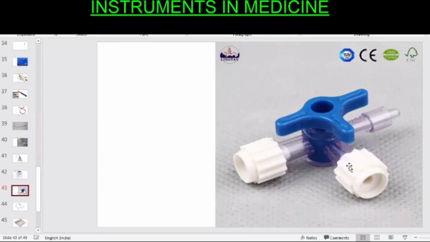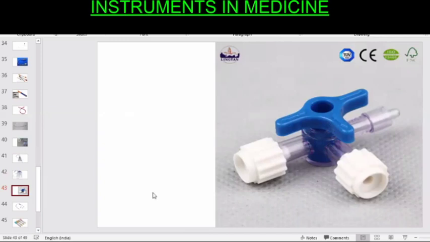So what is the advantage of attaching it? It can be attached to an IV set. Here it is attached to the IV set. Here it is attached to the IV cannula. So this is attached where you can attach to an IV cannula, and here you can attach to IV sets. So it is a bivalve. So there are two ways where we can give fluids to the patient, and we can regulate the flow of the liquid by rotating this valve, or the screw.